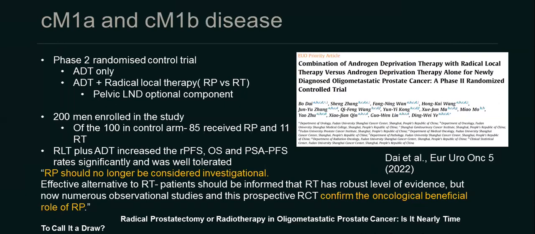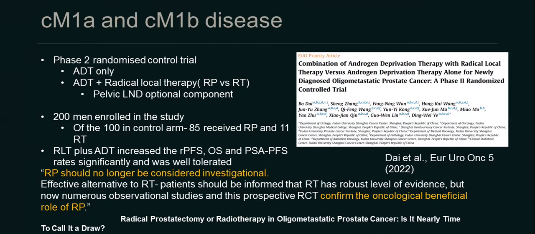What about the cM1a and M1b? M1a being extrapelvic nodal disease and M1b being the bone metastasis. So there weren't many randomized controlled trials in here. And I think the first controlled trial was actually the TRoMbone study, but it wasn't. It was more of a feasibility study where they showed that you could do radical prostatectomy in patients who had bone metastasis. But this came out last year, an article from China, which was actually a phase 2 randomized control